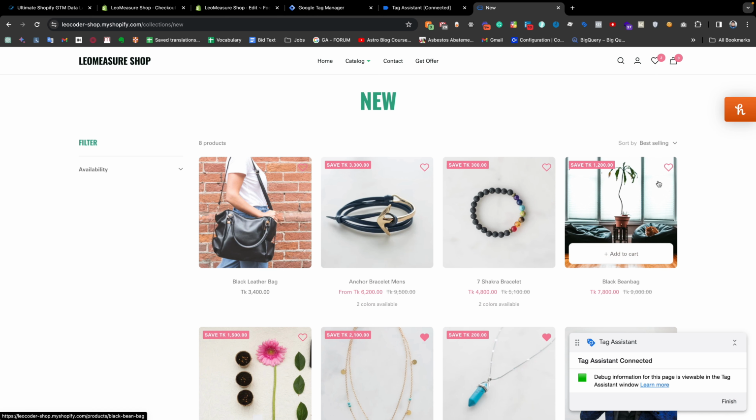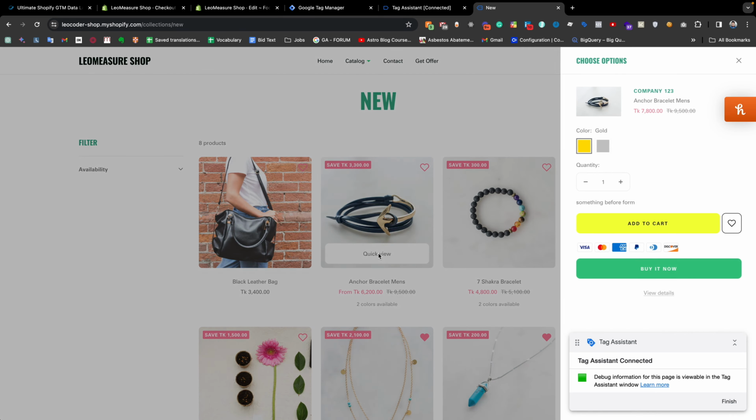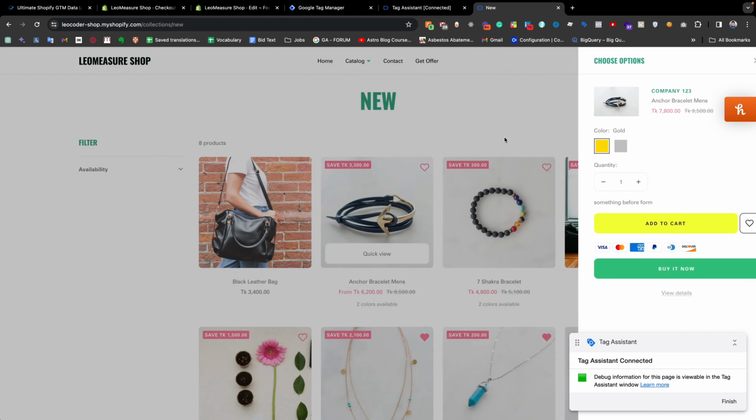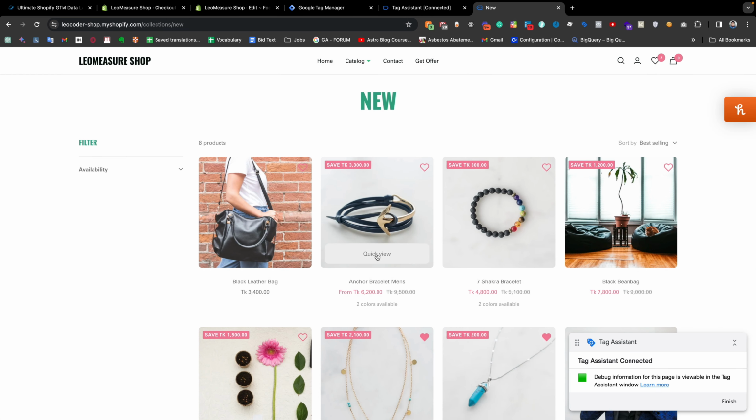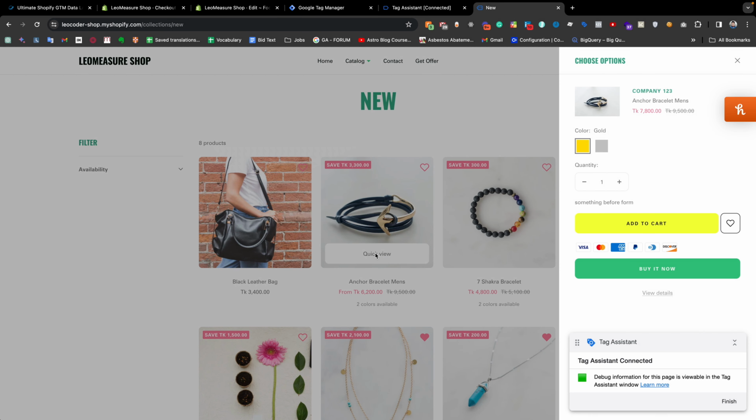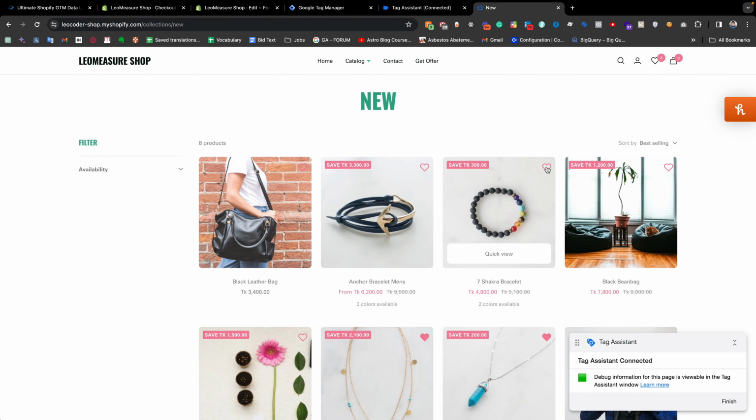So if I click here, the product will be added to wish list. As well as if I hover over a product, you see that there is a button for quick view. If I click on it, you see a quick view of the product appears. But if we would like to track those two things, actually quick view is a kind of view item. So if we would like to track this item as a view item as well as add to wish list, we